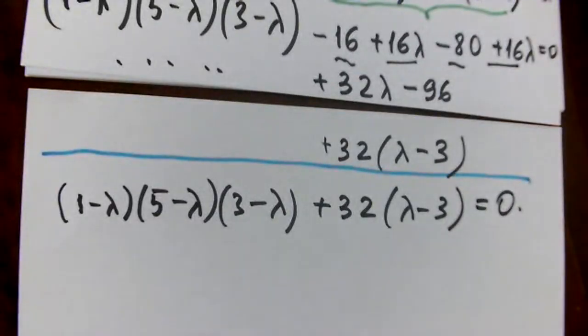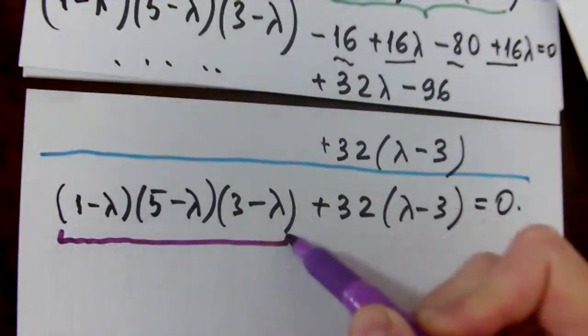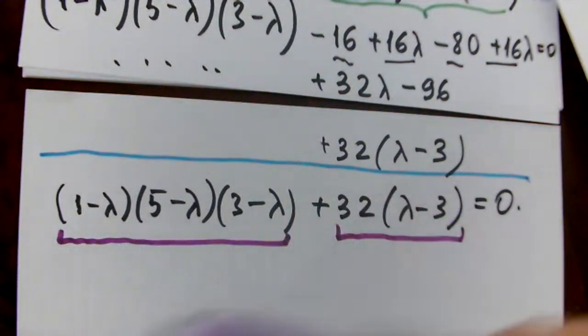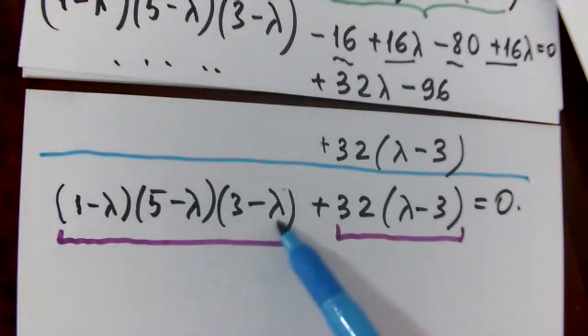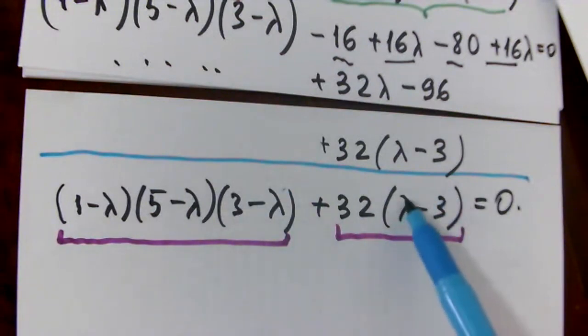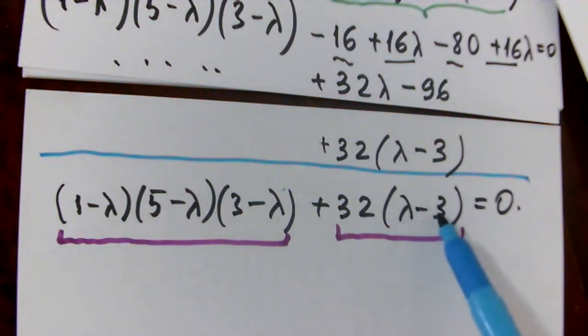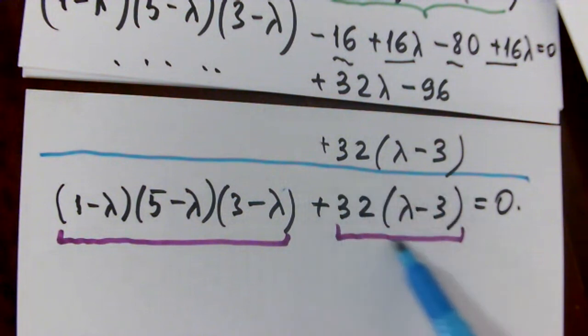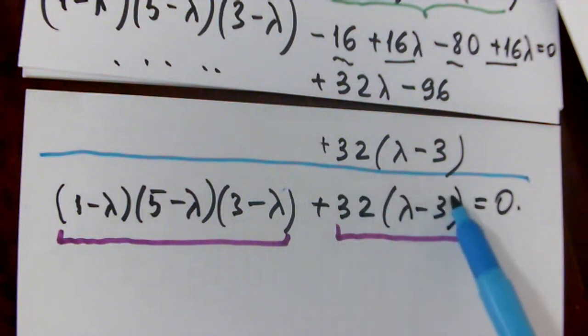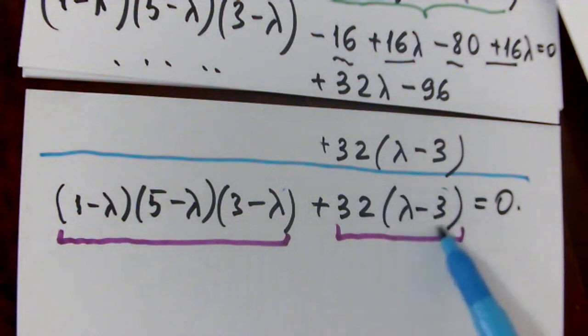And again, we look at these in terms of 2 terms only. This is our first term, and this is our next term. They do have something in common. Look at this. Here we have 3 minus lambda, and here we have the opposite, lambda minus 3. It means that this term should be prepared a little bit. If you pull out the minus sign, minus 1, from here, you will end up having the same expression, 3 minus